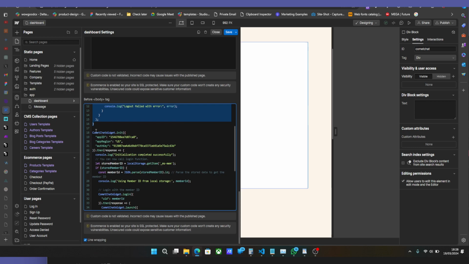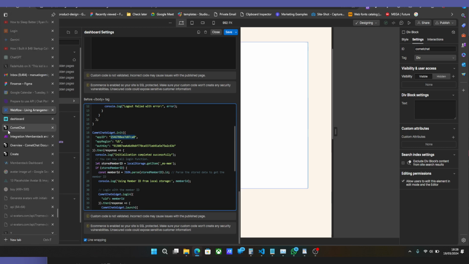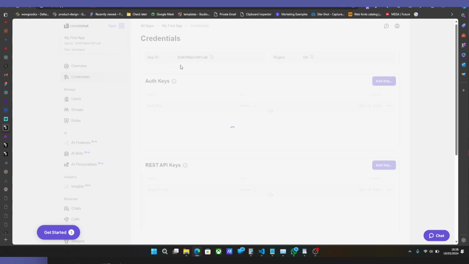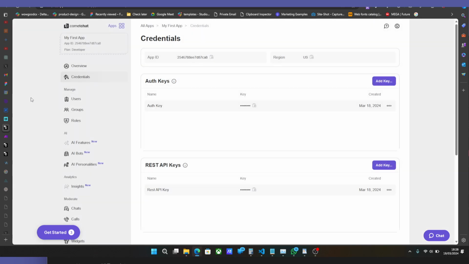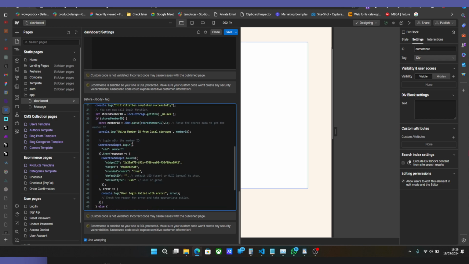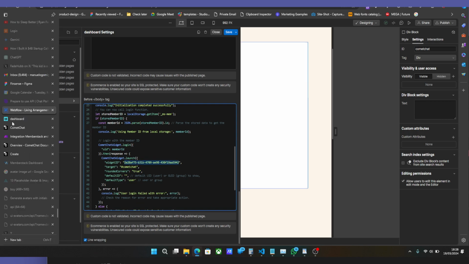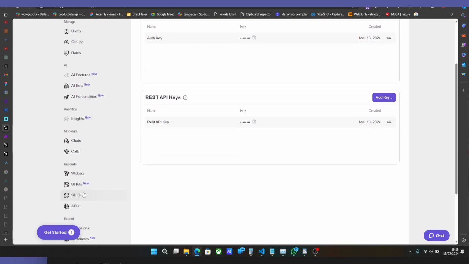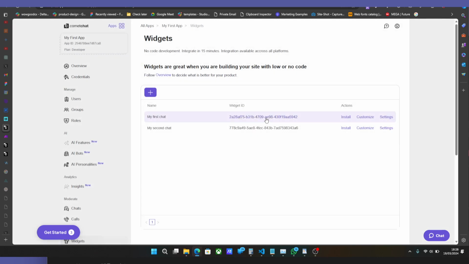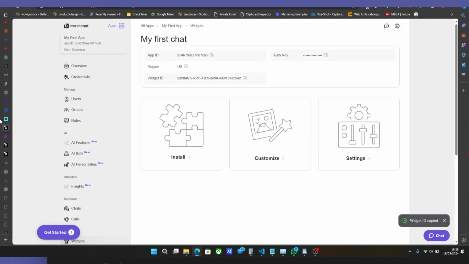right? So the way this works is you'll be replacing this with your app ID, which you can find on credentials, right? You could find this here on credentials. And if you head on to this, you could change this to your region, your hotkey. And right here, one more thing you need to change is your widget ID. So where you created your widget, if you head on to this part, just copy this, right? Just copy your widget ID,